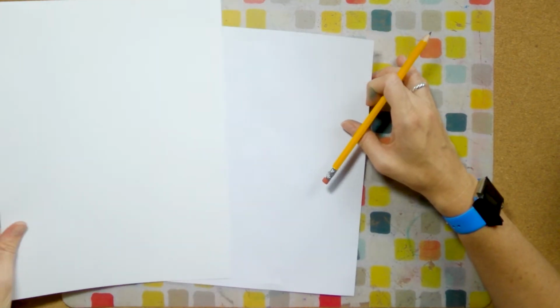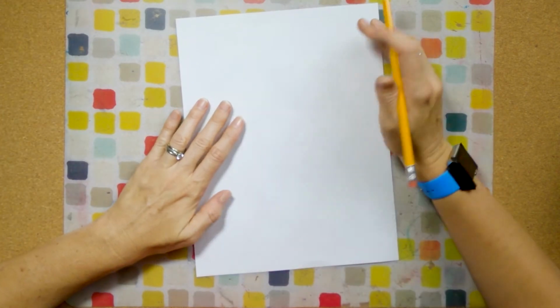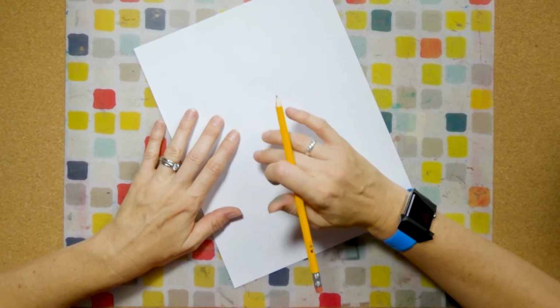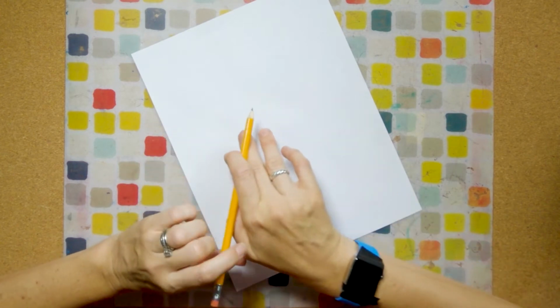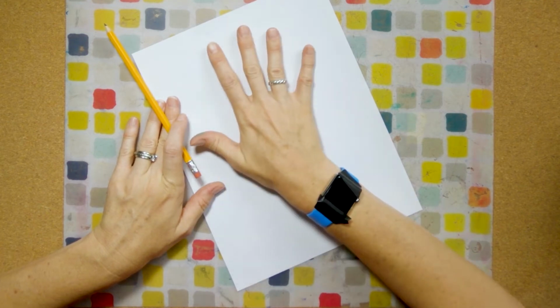Students and parents, just go as far as you can with kinder. Sometimes every kid is at a different place, and we're just going to see how far we can get today. So first off, parents, you're going to trace their hand. So have them put their hand not in the center, not at the bottom, but close to the top of